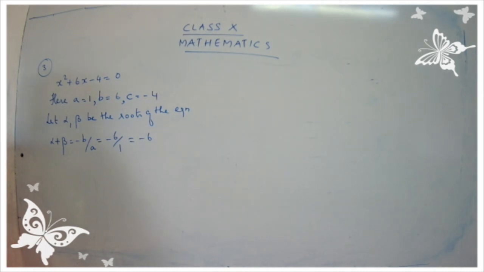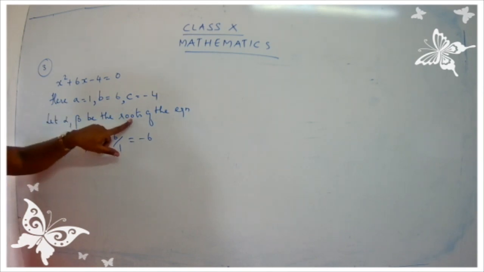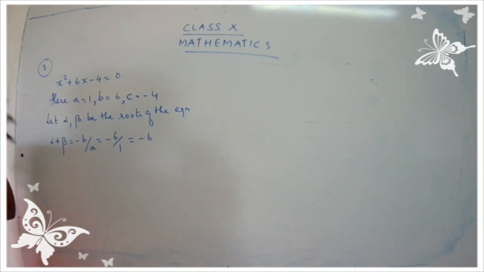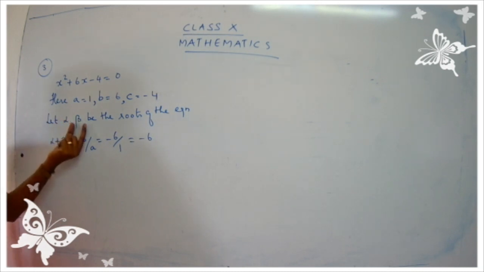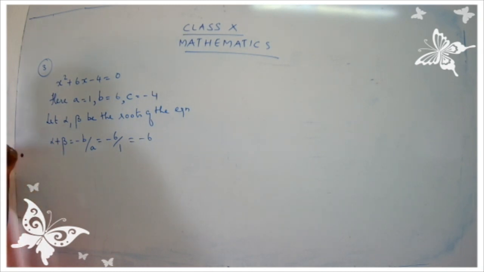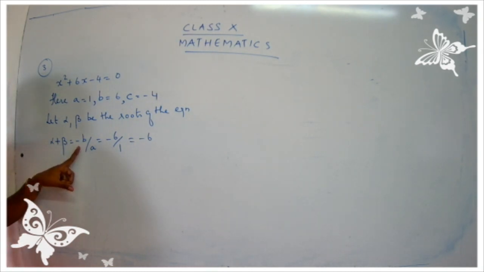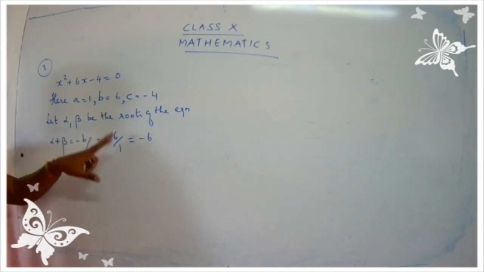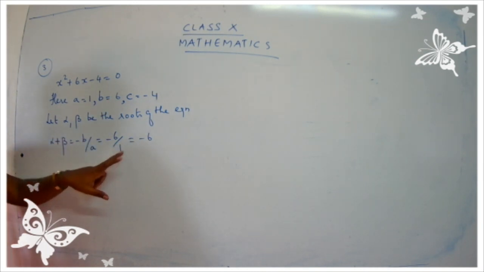Clear? Are you clear, children? So we are finding the sum of the roots. And what were the roots given to you? Alpha and beta. You have to be careful with the roots because in some cases they may give you a condition for the roots. Here no problem. They have just mentioned that alpha and beta are the roots, so I'm just taking alpha plus beta as the sum. The formula is minus b upon a. The minus is already present in the formula. The value for b is 6 upon 1, so minus 6 upon 1, minus 6.